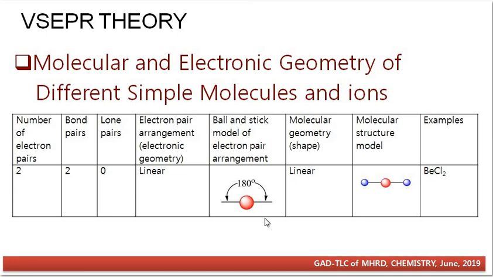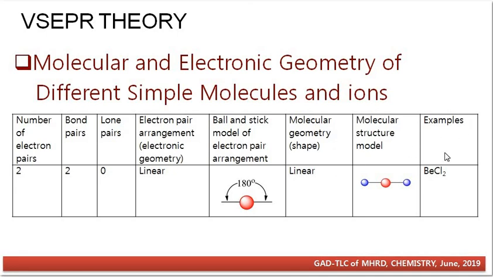Hello everyone, today we will discuss the topic VSEPR theory for the flipped classroom. Here we will discuss molecular and electronic geometry of different simple molecules and ions. In the table you can see the number of electron pairs, bond pairs, lone pairs, electron pair arrangement, ball-and-stick representation, molecular geometry